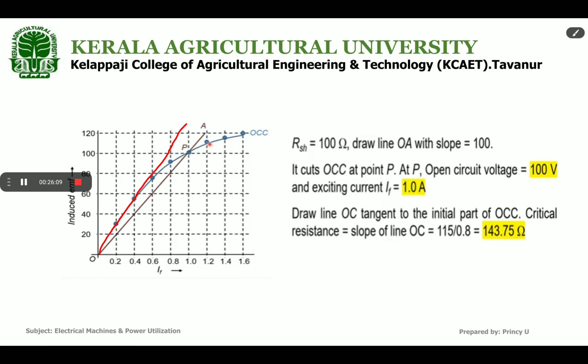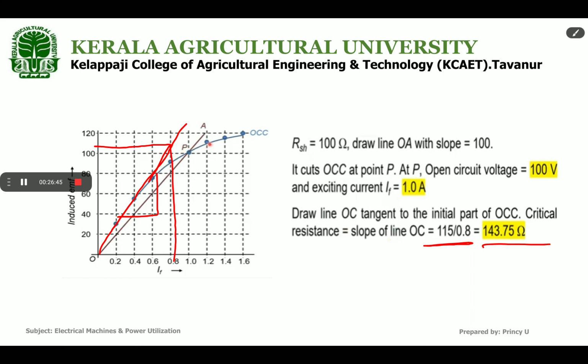critical resistance value എന്ന് പറയുന്നത് എന്താണ്? Just the slope of this curve. Okay, you find the slope of this line, you will get 115 by 0.8. You can see here, when it cuts here, the voltage is 115 and the corresponding current is 0.8. So critical resistance is 115 by 0.8, that is 143.75 ohm. That is your critical resistance. Okay,